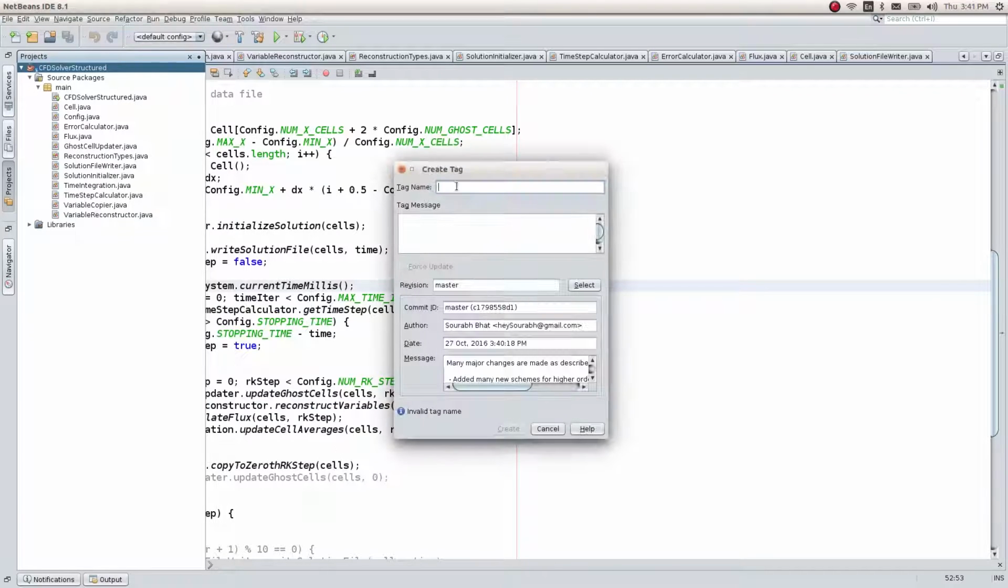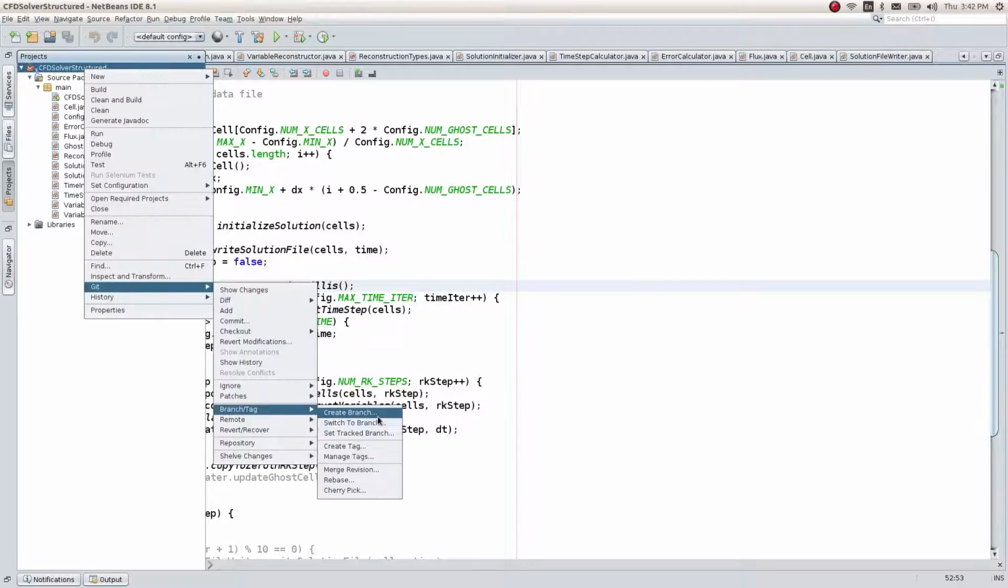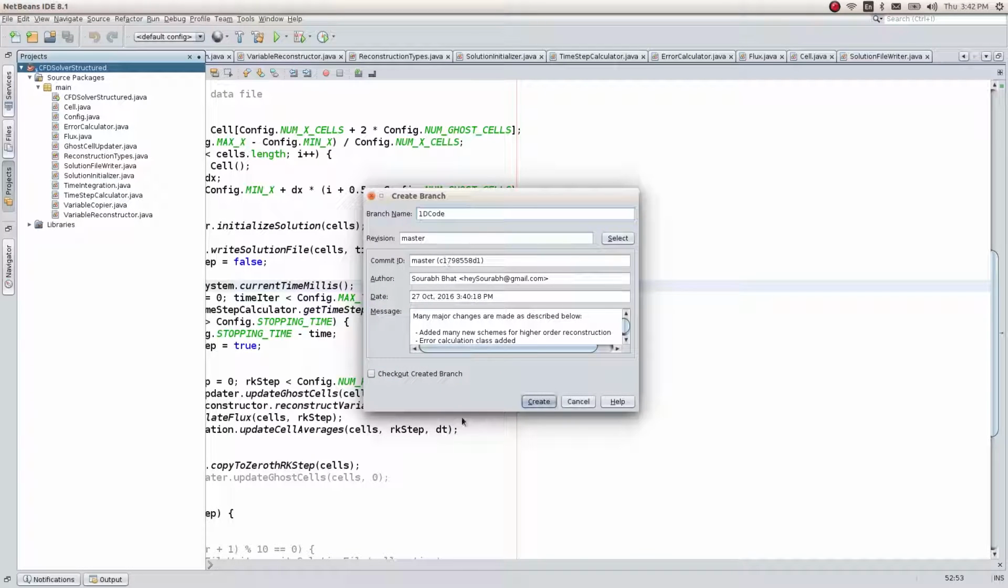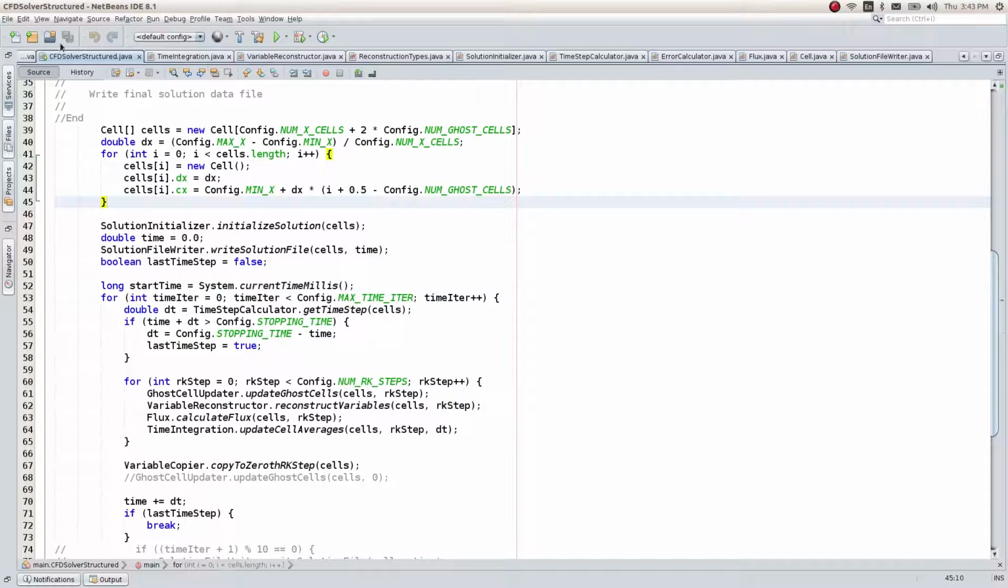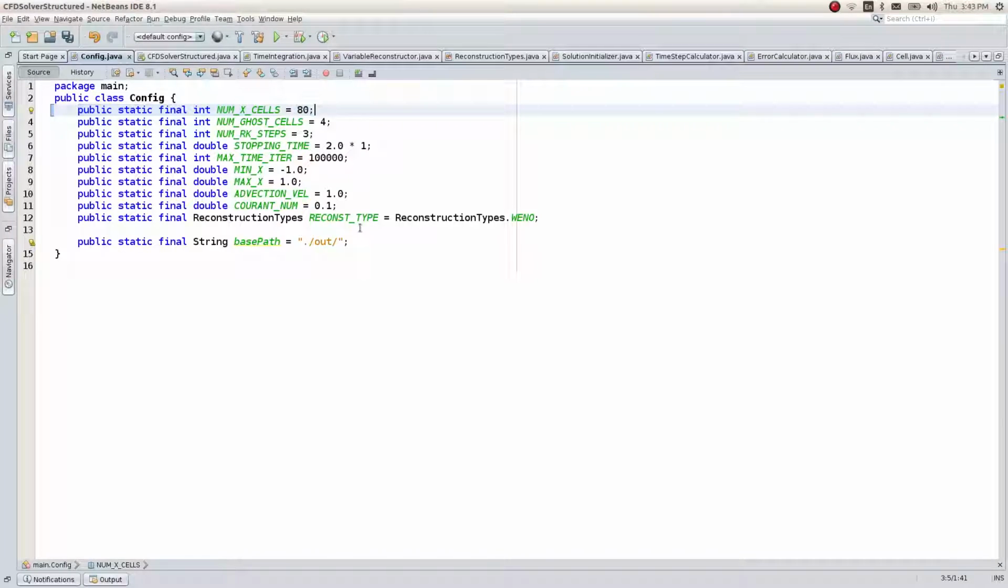The next thing is to create a branch. First of all, add a tag, and let me name it one-dimensional code branching, so that we will be revisiting this branch at a later stage, so that we can convert our one-dimensional scalar code to a one-dimensional code for system of equations. Yeah, so once the branching is done, now we are ready to continue with the master branch, so that we can go ahead with the